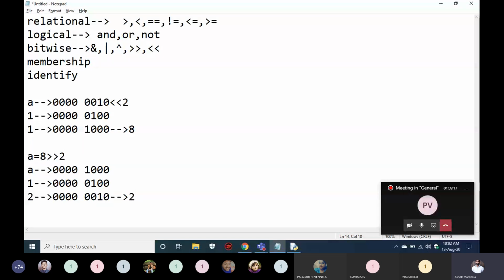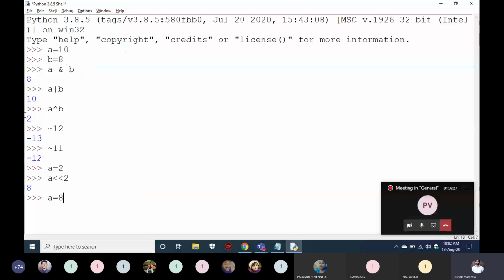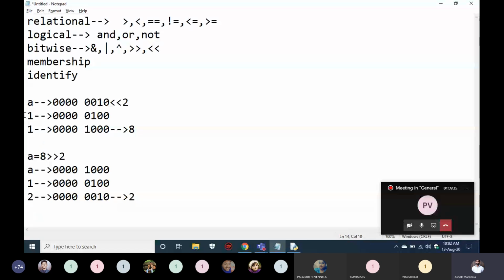That means it is shifted to the right every time. The first time it shifts 1 bit to the right, and the second time 1 bit shifts to the right again. That is how the operator works. You have to understand one thing: when you use the left shift operator, the value will always increase.